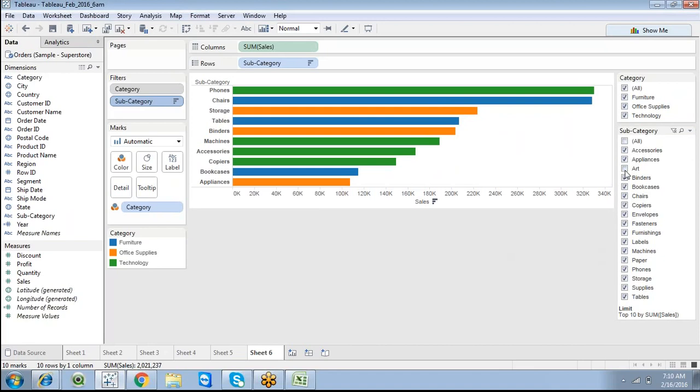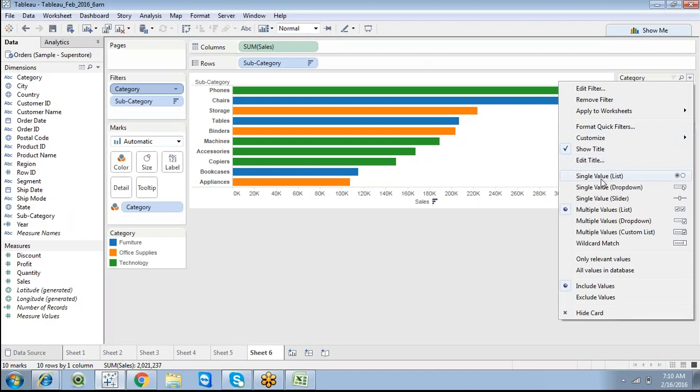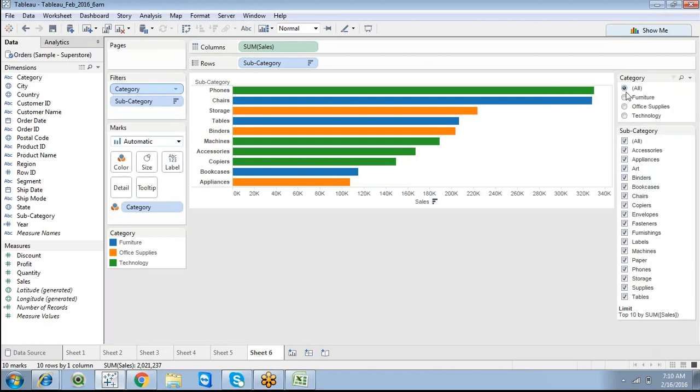So every time when I unselect one particular value, click on binders. Now you can see there is reflection. Click on chairs, there is reflection, but it displays 10 records. So according to this particular selection, it displays 10 records. So this is one point. But we do have furniture related information. So now drop down, remove from context. So just concentrate. Drop down, I'm going for a single value list. So my user selection is only for a single selection. So now select furniture.